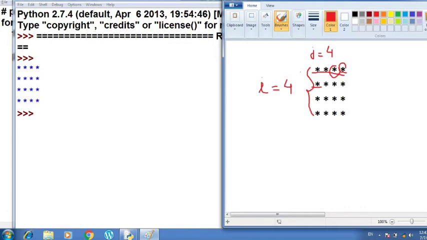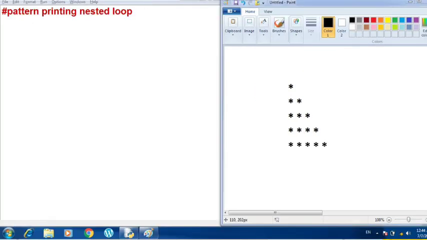Now I'm going to show you the pattern which we have learned now. Now let us see the next pattern, which you can see I have already drawn on the screen, which we have seen in the example. As I have told you, the key rule is to count the number of rows and columns. So first of all I am going to count the number of rows. How many rows are there? They are 5. So for the number of rows we have, we will write the outer loop first of all.